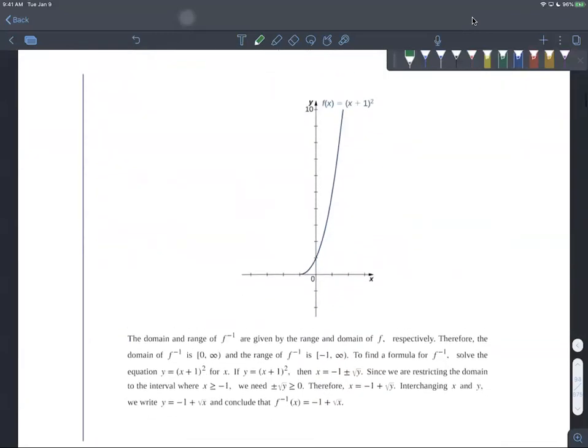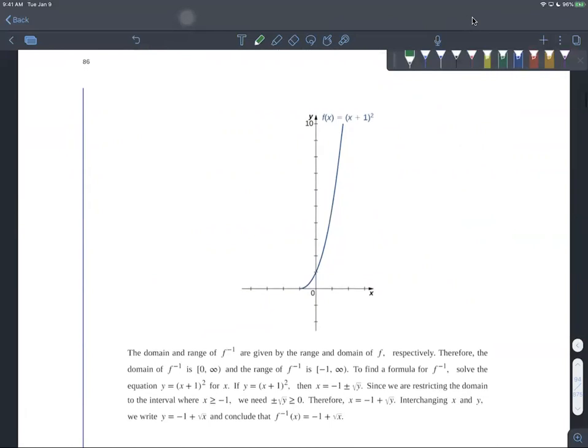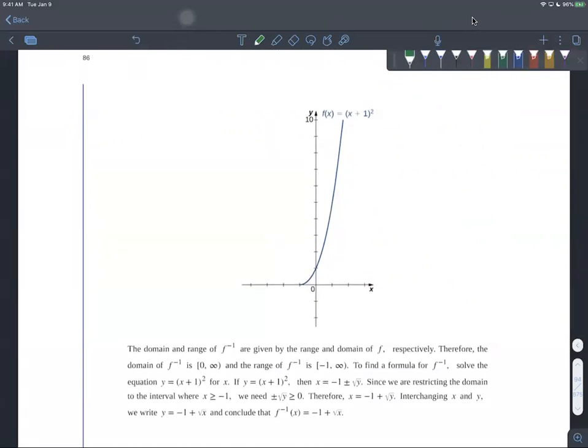All right, so the domain and range of f inverse are given by the range and domain of f, yes. Therefore, the domain of f inverse is 0 to infinity. The range is from -1 to infinity. To find the formula for f inverse, we solve the equation y equals (x+1)^2 for x. If y equals (x+1)^2, then x is equal to -1 plus or minus the square root of